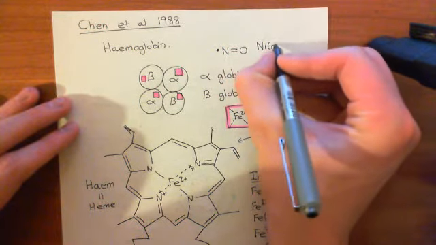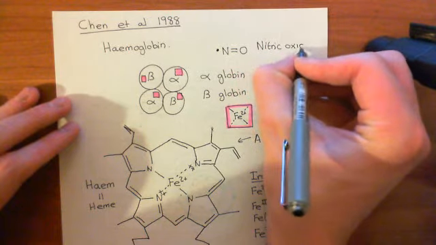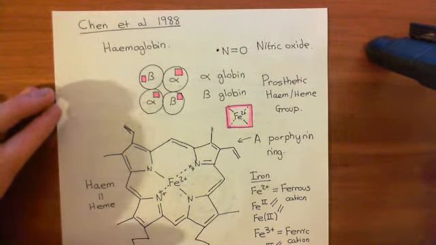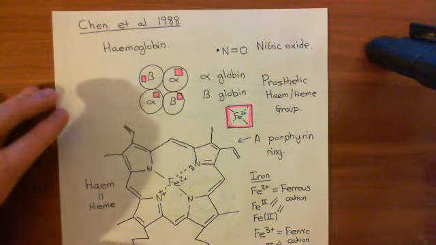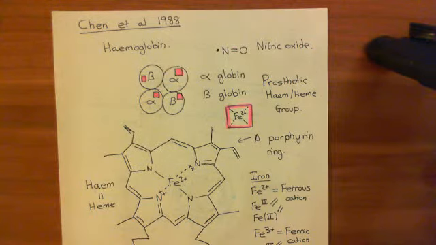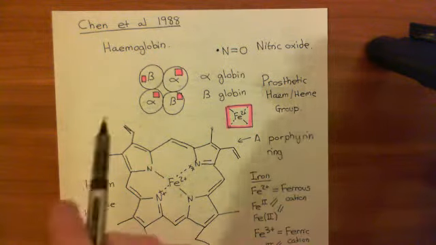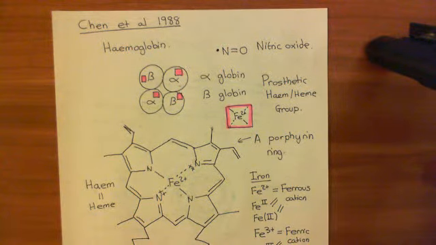Now what will happen is this nitric oxide will bind to the ferrous cation at the centre of the prosthetic heme groups in that 6th coordinate bond position, and that will mop it up, basically. So hemoglobin, effectively, is an inhibitor of nitric oxide signalling between the endothelial cells and the smooth muscle cells. Chen et al. applied hemoglobin to the endothelial cells so that all the nitric oxide that the endothelial cells were producing would be mopped up by the hemoglobin and wouldn't get to the smooth muscle cells, was the idea.